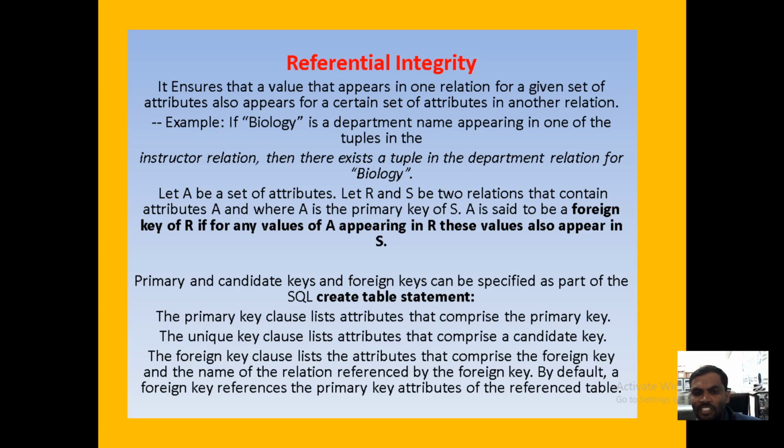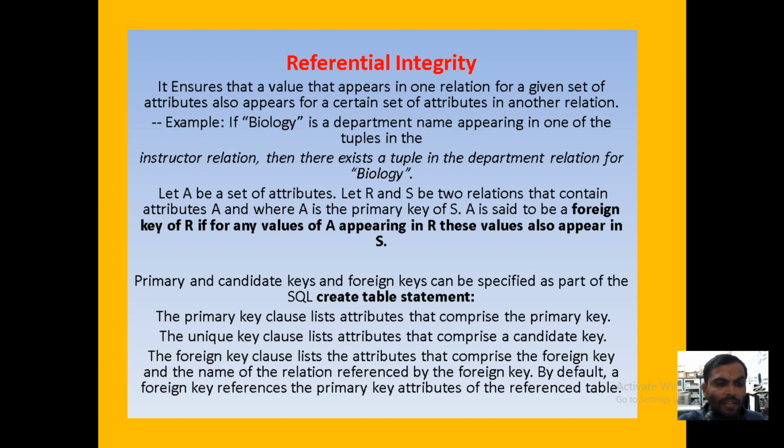Now the child table is the employee table. Under the employee table we have employee number, employee name, designation, date of birth, then department number. This department number attribute already exists under the parent table, and again it exists under the child table. It means there is a relationship from the parent to the child table. If you want to give a binary relationship, to map the two tables, we can map them with the help of referential integrity constraints.